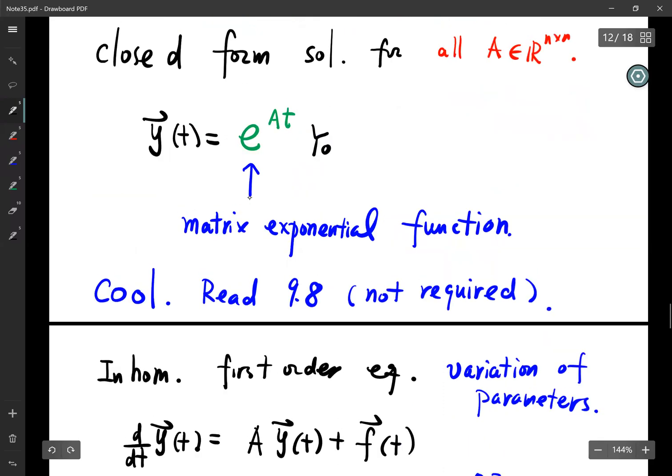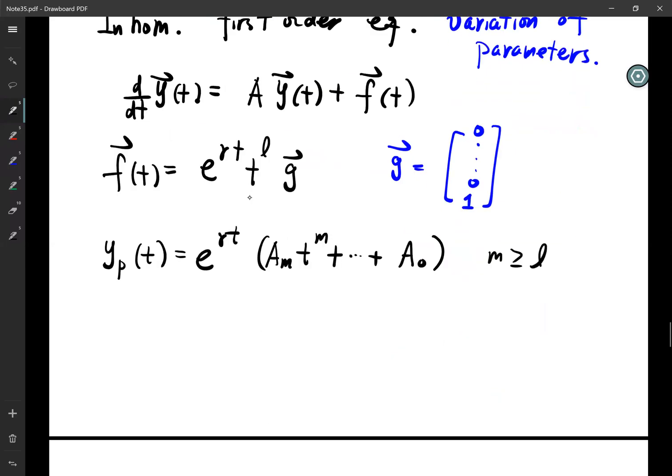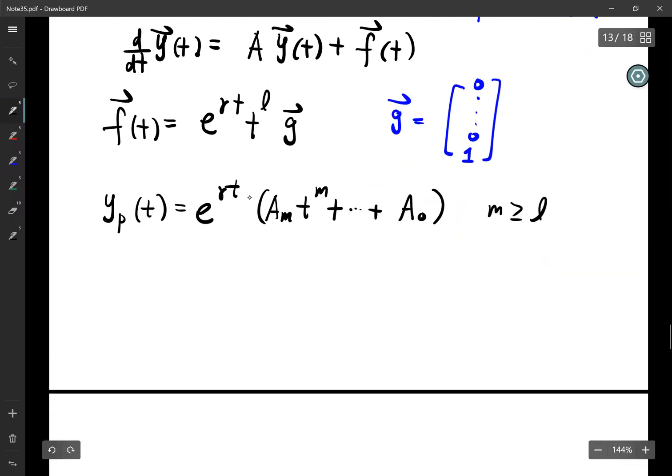Just like here, there's a very concise formula. I'm going to give you a very concise formula that would cover all the cases, including this case, but also beyond. This is called variation of parameters. What is variation of parameters? So let's start with the fundamental solution set, which I have defined: dY(t)/dt equals A Y(t),